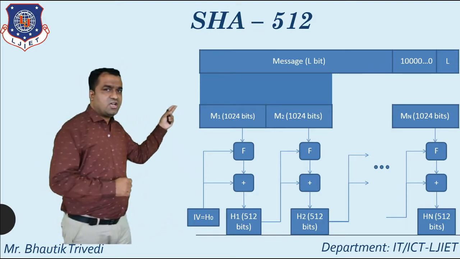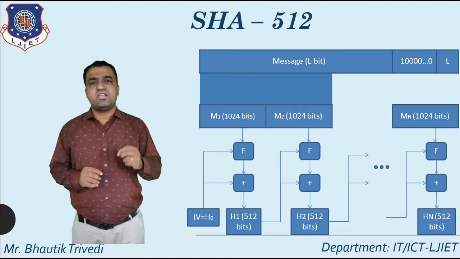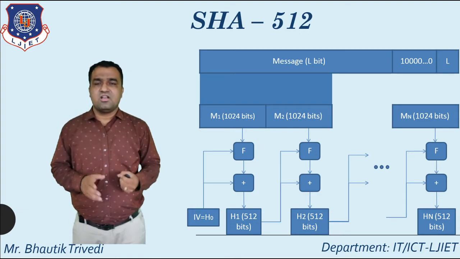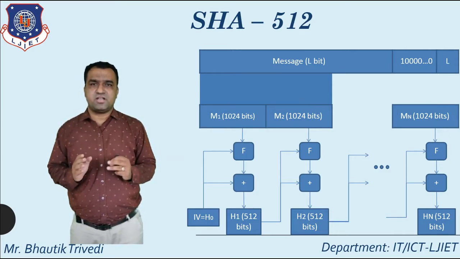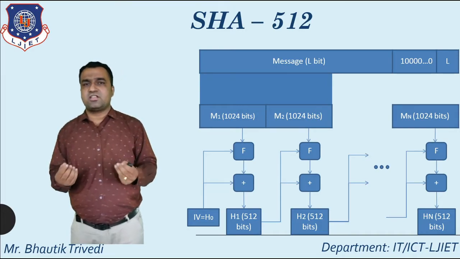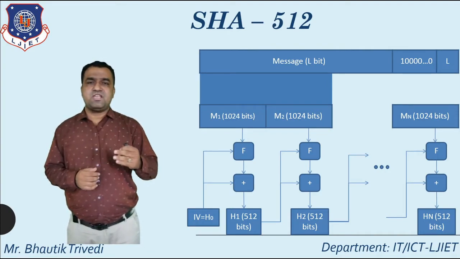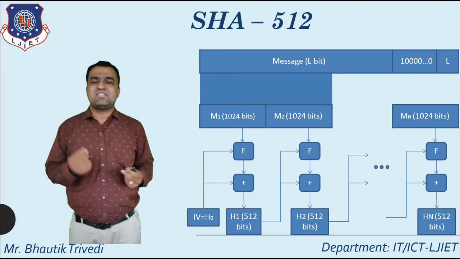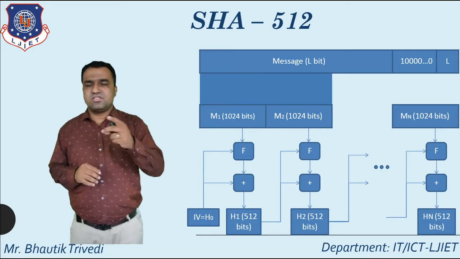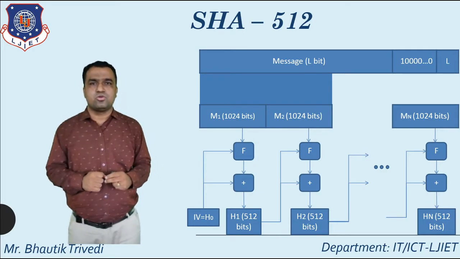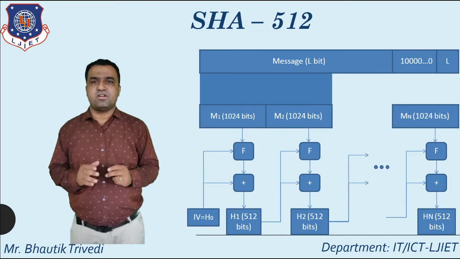Here you see the processing applied on each individual block of message, using the concept of a hash buffer. Why do we use the hash buffer? The hash buffer generally supports 64 bits of data. 64 times 8 means the hash buffer has registers A to H: A, B, C, D, E, F, G, H, and each register supports 64 bits. This is the logic. The most important part, the heart of SHA 512, is this F, one F function in SHA 512.